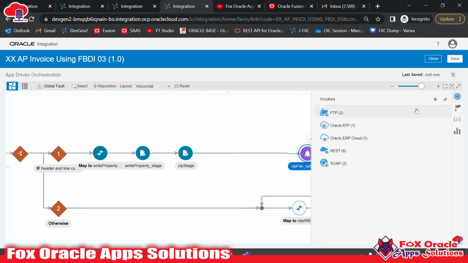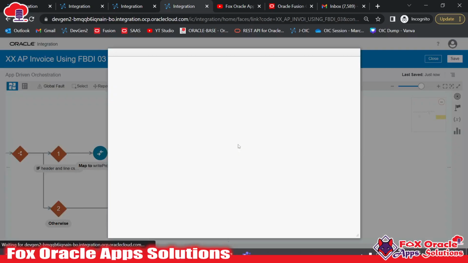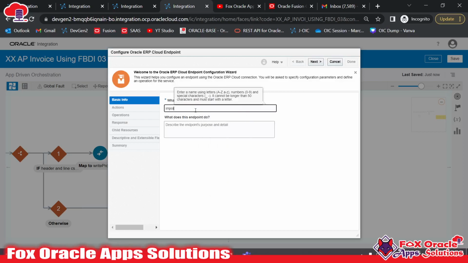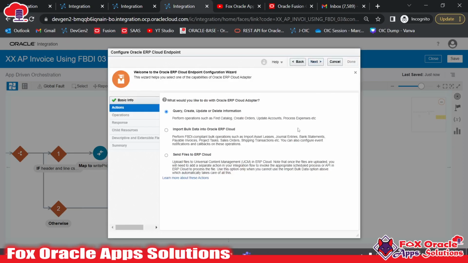Adapter. So let me add. So here you can see the ERP Cloud Adapter, we have created XX Oracle ERP Cloud Adapter. I will drag it here. Once we drag, we need to pass. So here I will use import invoice underscore ERP Cloud as this is the ERP Cloud Adapter connection. So just next. And here if you will see, if we want to check the status of any program, any